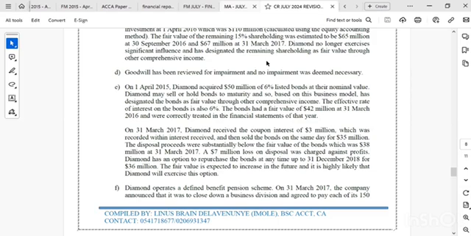Then they sold the bond on the same date for 35 million. The fair value of the bond last year was 42 million, so it means that at the same date this year it will also be 42 million. Here we need to incorporate the fair value adjustment. So the carrying value of the bond will be 42 million,